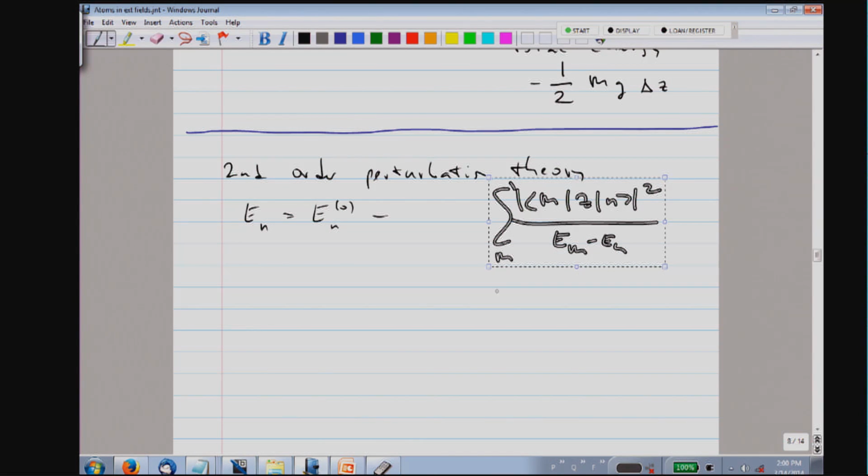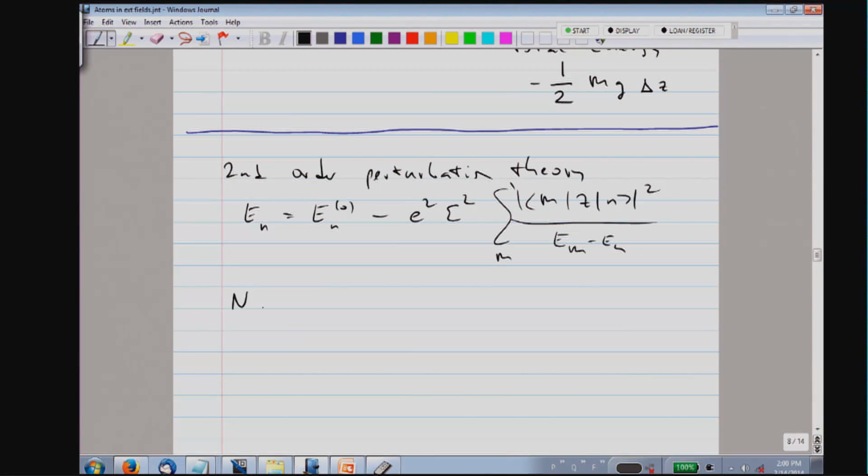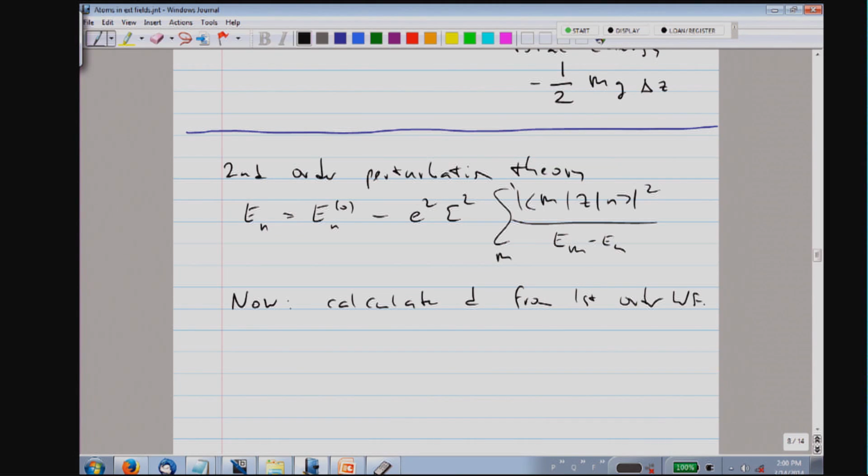And the prefactor here is electron charge squared times electric field squared. Okay, pretty much that's the result in second order perturbation theory. So this is the energy, and we want to relate the energy to the dipole moment. So the next step is now we calculate d, and we calculate d from the first order wave function, because we already get an effect in first order, and everything here is about